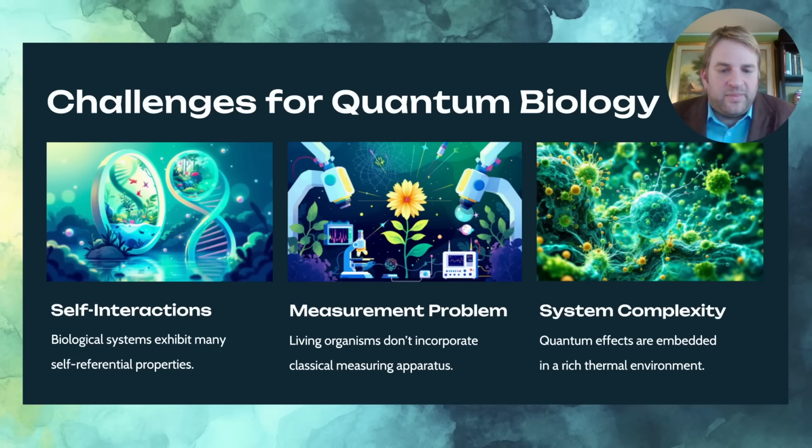Now, we have the measurement problem, or perhaps I should say we don't have the measurement problem for living organisms because they don't have any classical measuring apparatus embedded in them. Living organisms, in the most simple way, don't go into laboratories and assume they have apparatus that are classical to study quantum mechanical effects. So, in one way, we've simply absolved ourselves of the so-called measurement problem of quantum mechanics. But on the other hand, we really have to figure out how classical approximations emerge in biological systems if there's no a priori measurement devices to reduce things to classicality, so to speak.